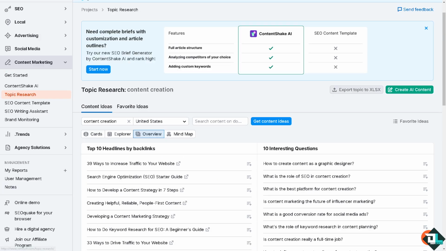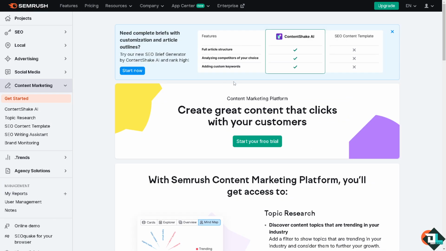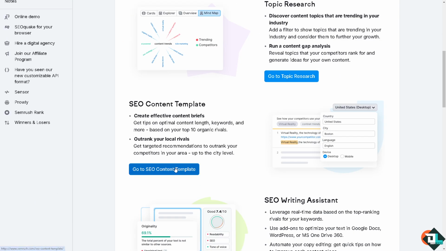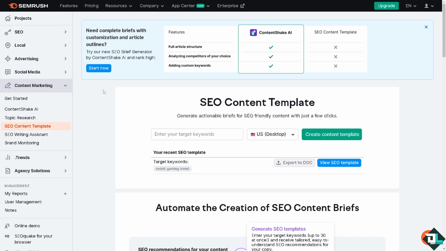How do we do it? I want you to click the Get Started button in the content marketing. You can create a great content that clicks with your customers. All right. Now you can access the content marketing platform. You'll get access to the topic research tool, which we have right now. And of course, go to the SEO content template. If you click that, you would notice you can enter your content template, generate actionable briefs for SEO friendly content with just a few clicks, because that is the purpose of the topic